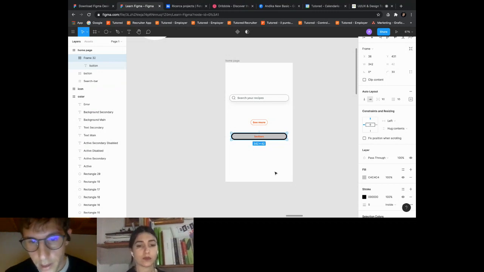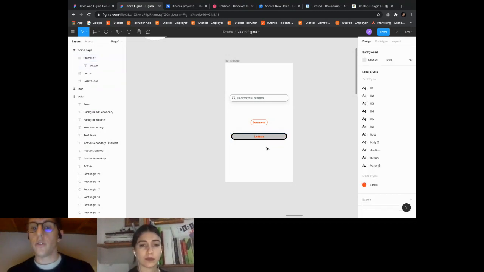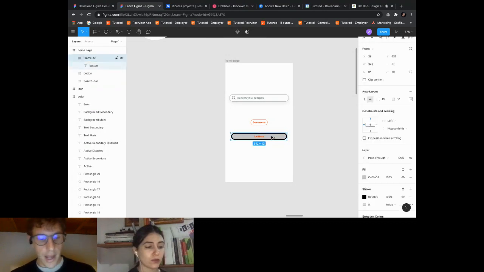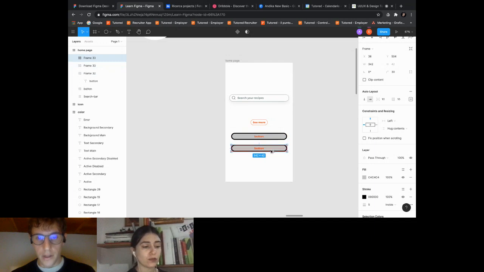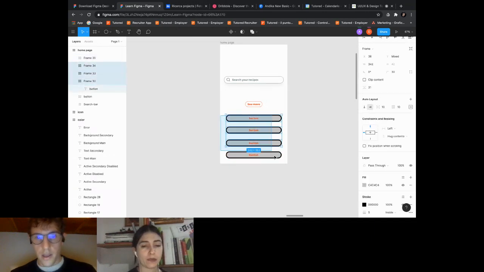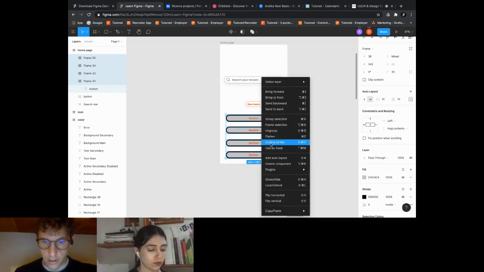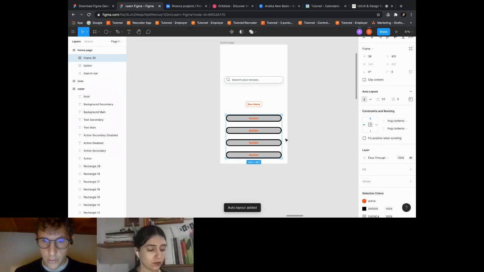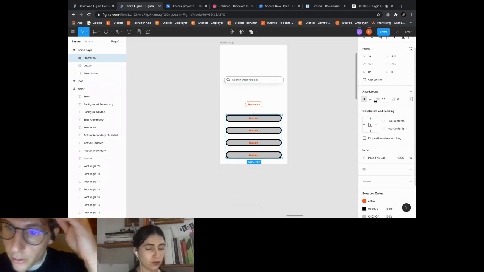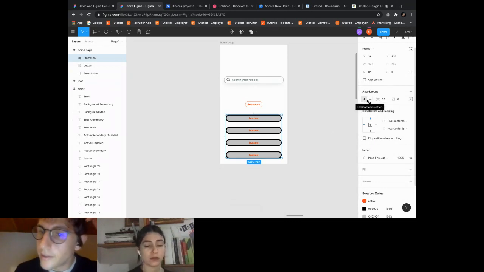Okay. Auto layout is also used to align more elements like this. For example, I have three, four elements. I just select all of them, add auto layout, and I can decide the direction of auto layout.